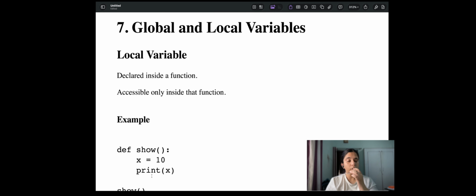Now we are going to discuss global and local variables.